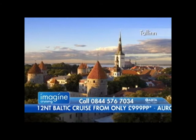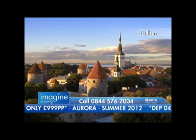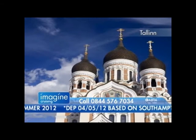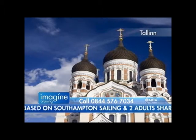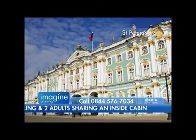You then come to the Estonian capital, Tallinn, and you'll notice the proximity to Russia in its buildings. Head to the old centre for a drink in the main square and explore, maybe shopping for amber jewellery or woolen knitwear. St. Petersburg is next, and you'll have 2 full days here, giving you ample time to see the